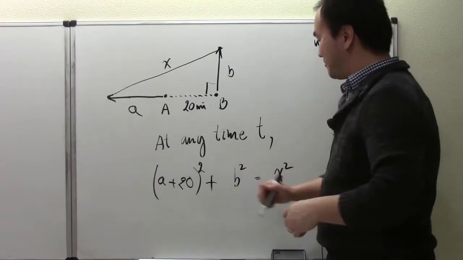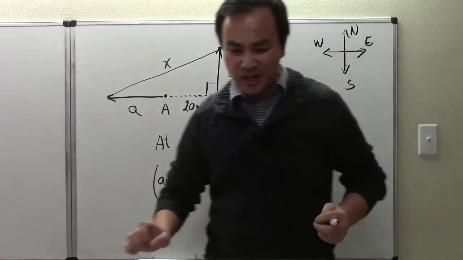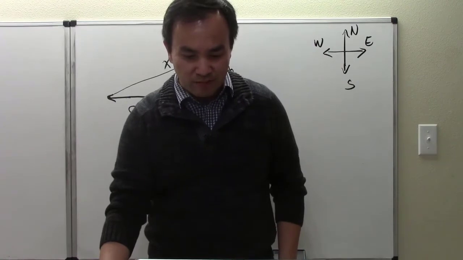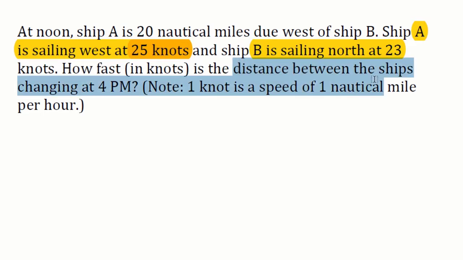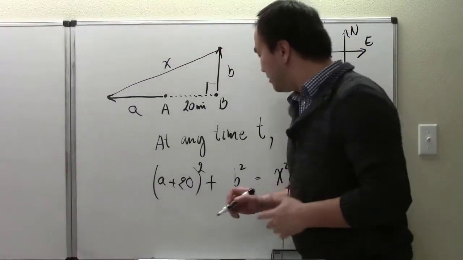Okay, so now ready for the next thing. Let's get back to our wording of the problem, and here's what I'm seeing. The question is asking how fast is the distance between the ships changing at 4, but how fast is the distance between the ships changing? So that means, as the goal of the problem, we need to find,